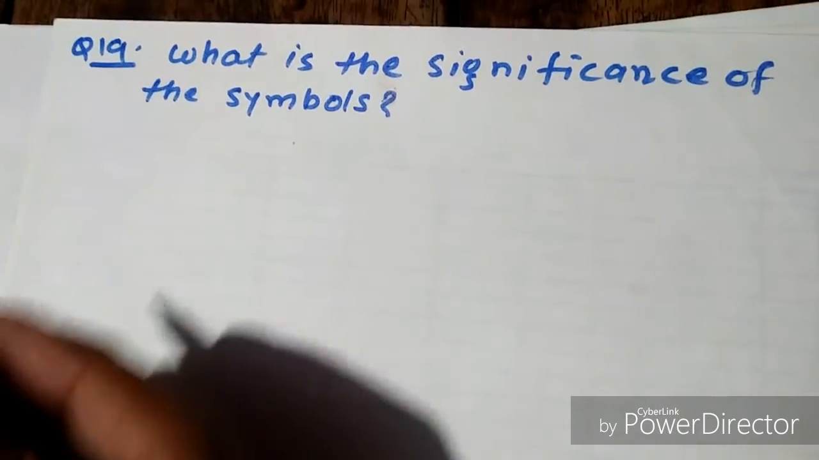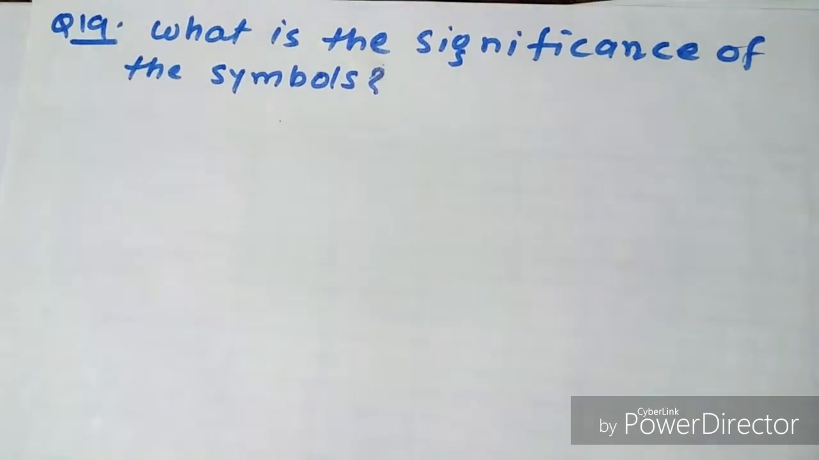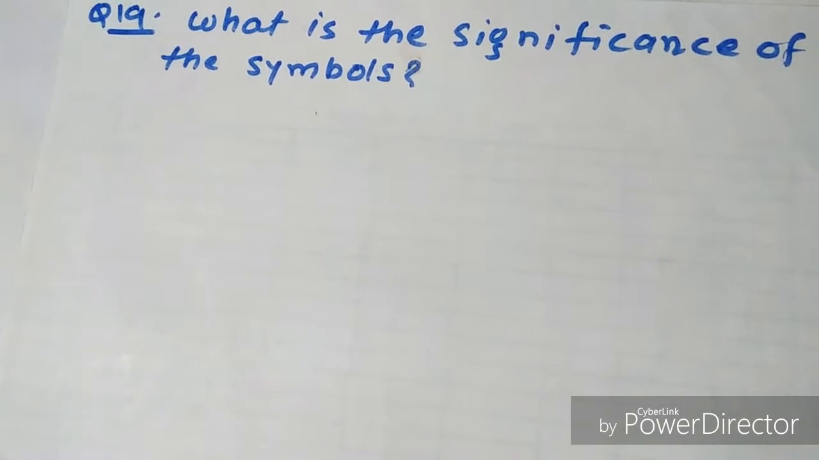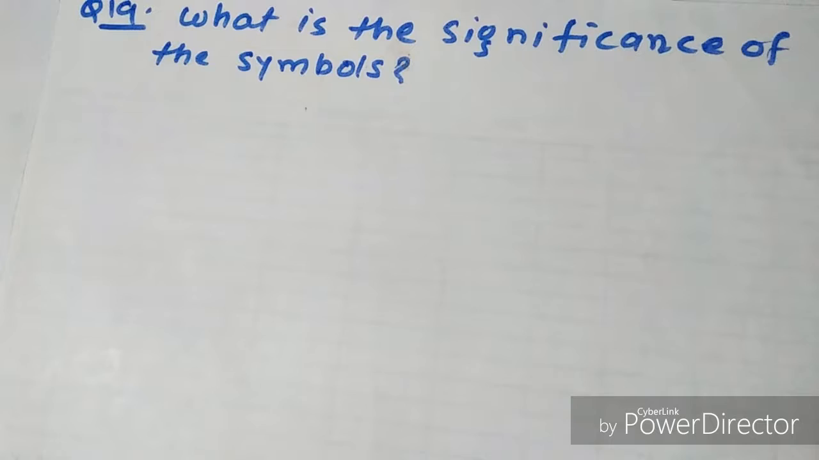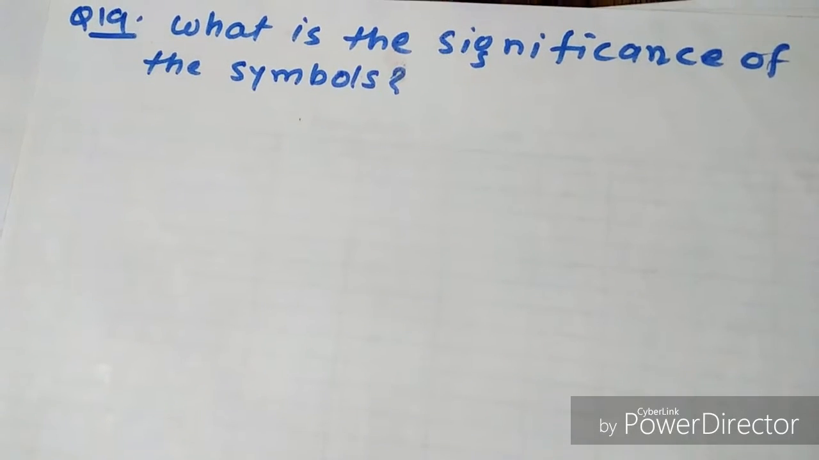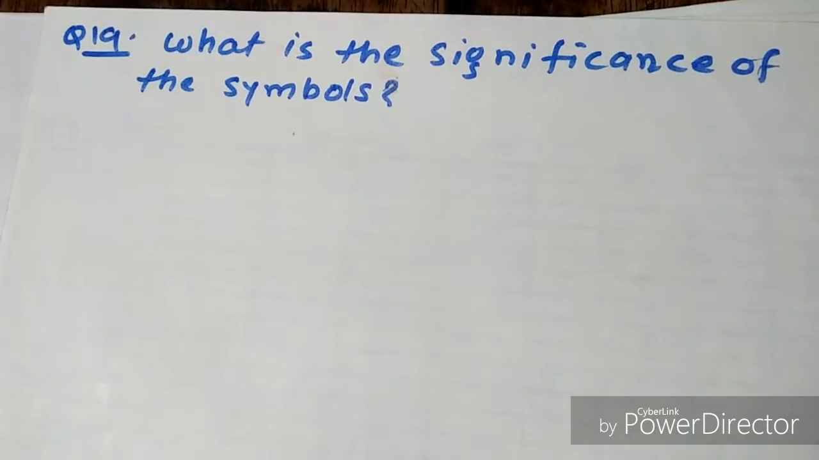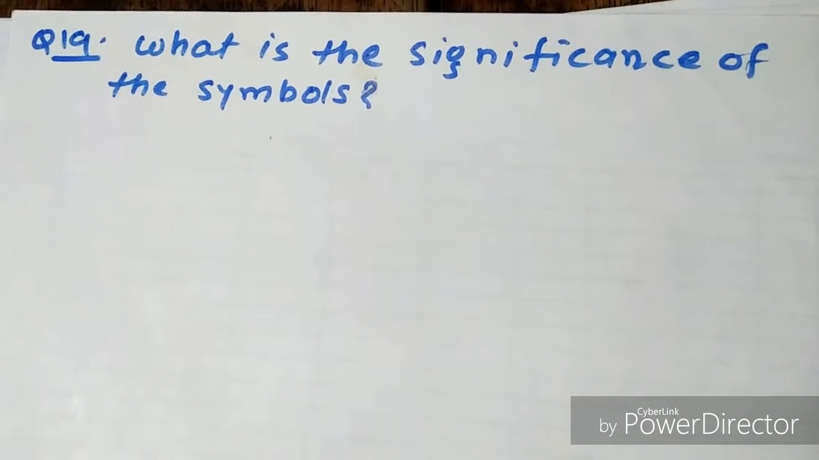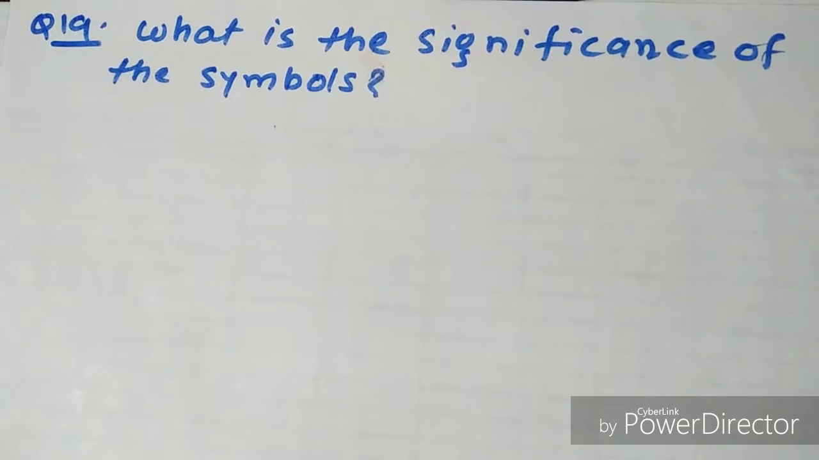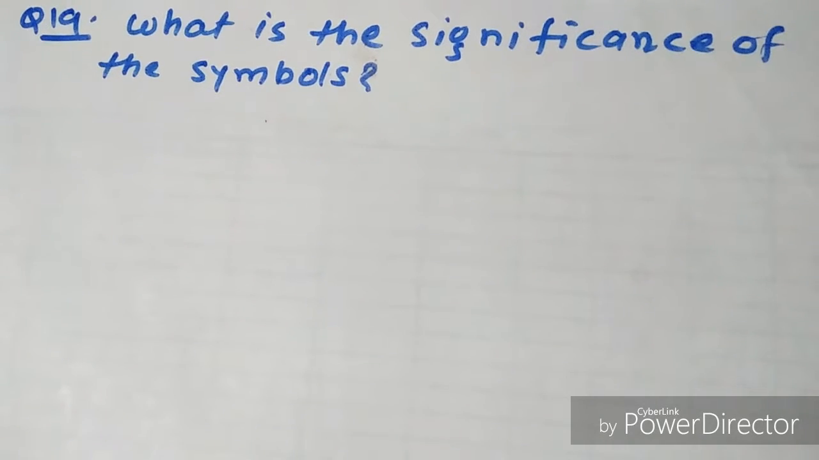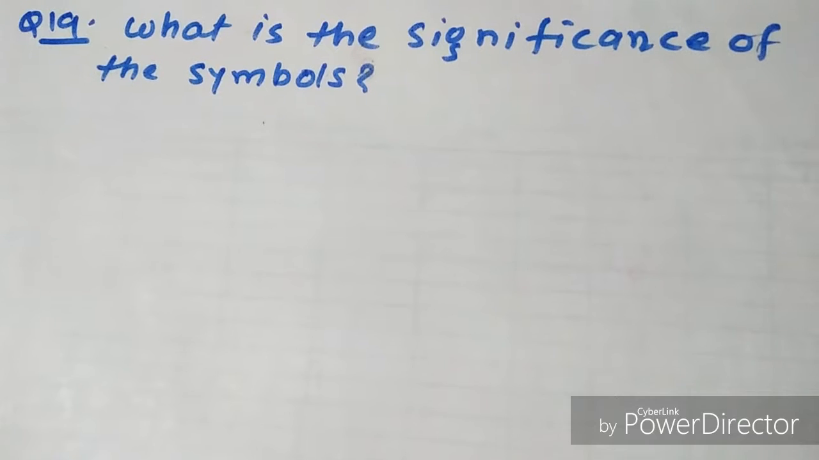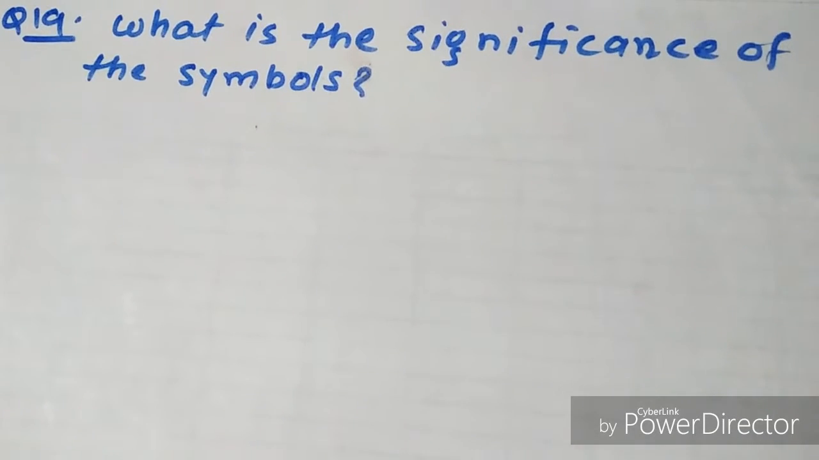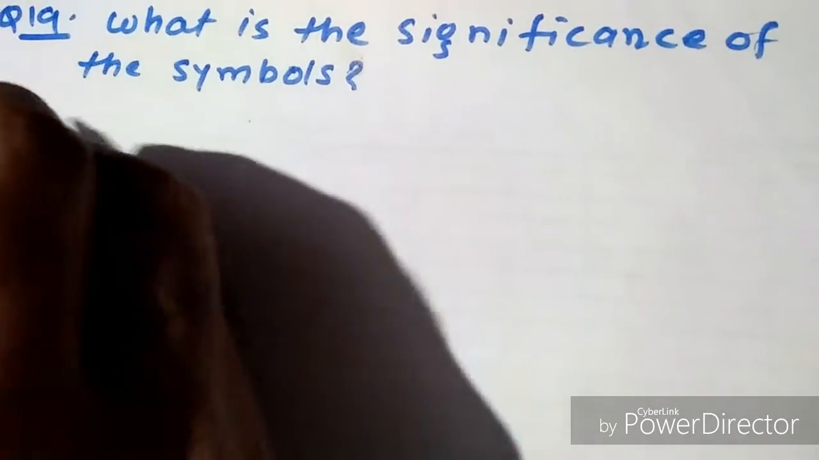Students, at first we read the question. What is the significance of the symbol? You are very familiar with this question. I know there are 118 elements at present, and every element contains a definite and particular symbol. But what does this symbol mean? So the answer for this is